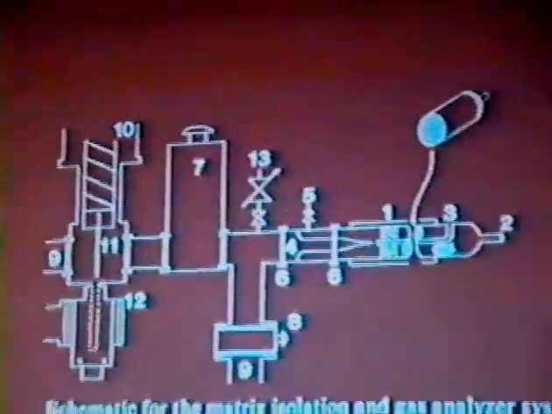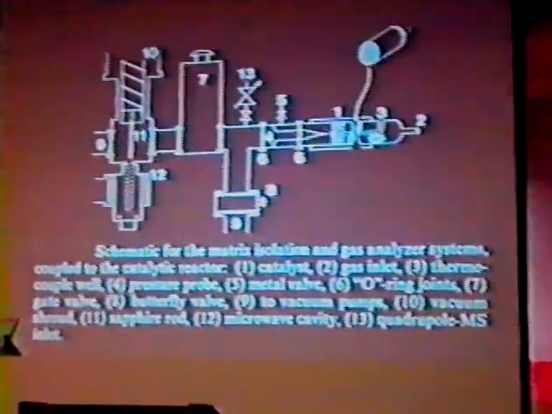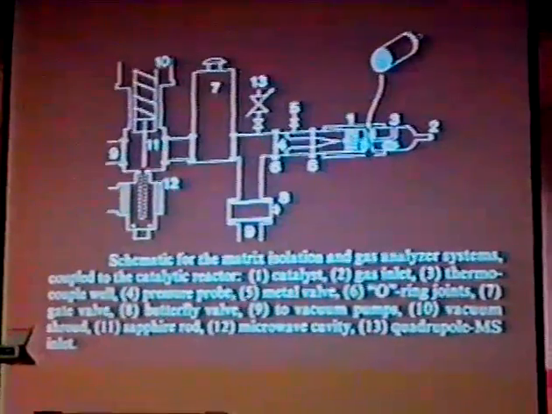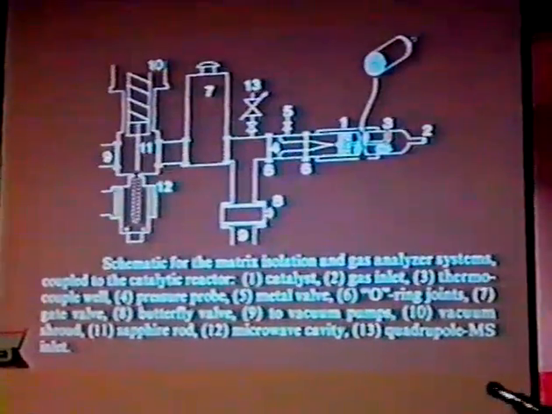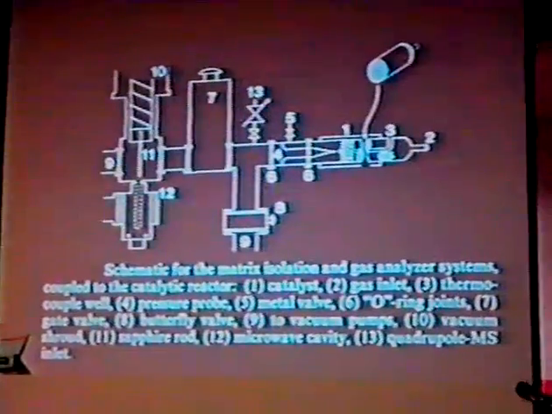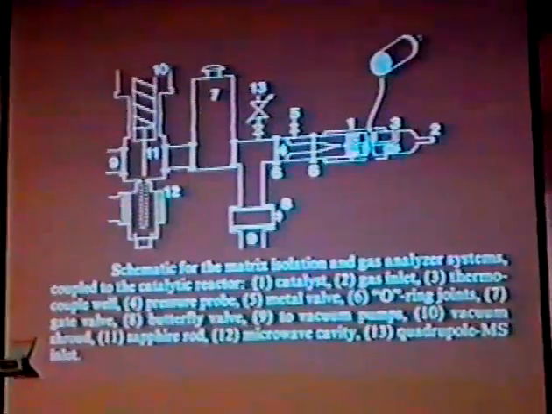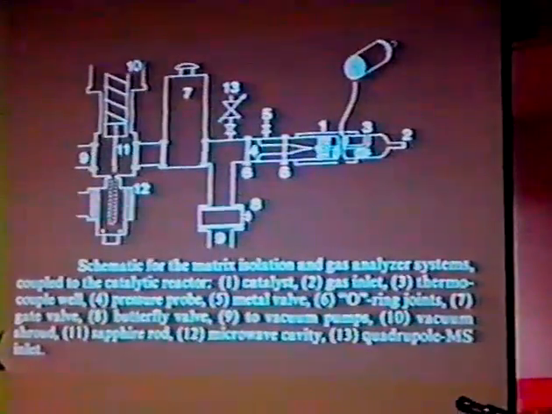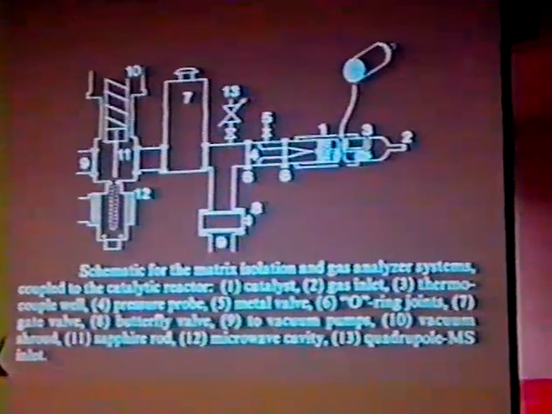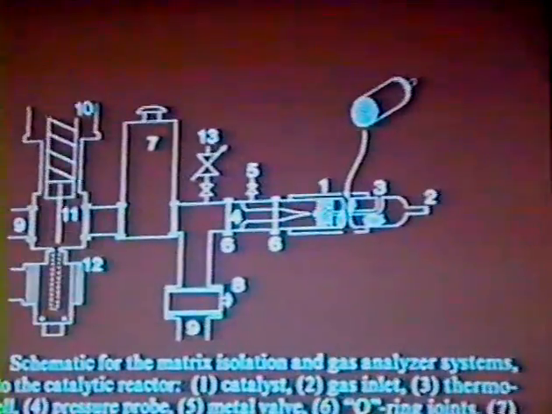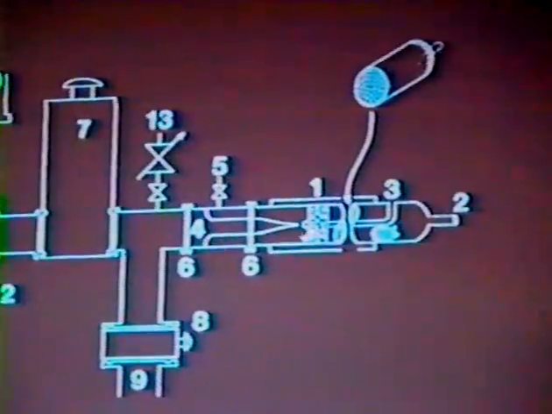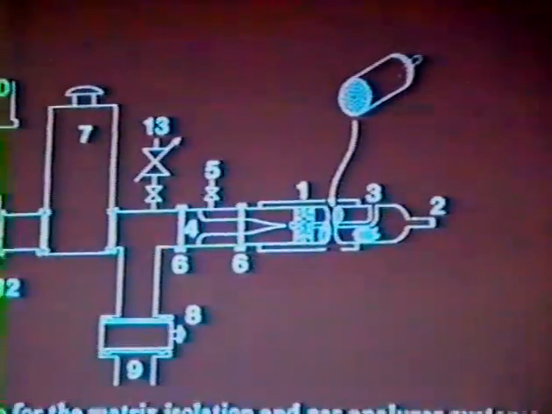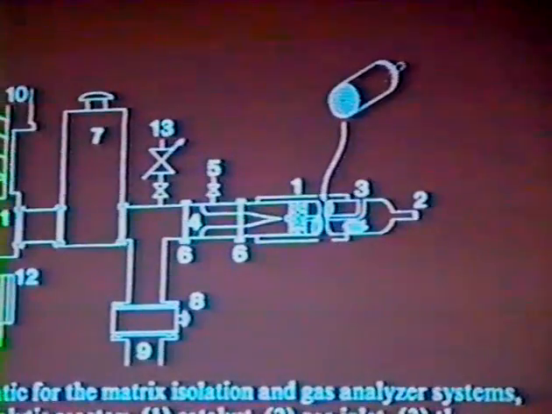The system which we have developed, and which has proven to be very reliable and has given rise to a number of different experiments, is essentially what we call a MISR system, a matrix isolation electron spin resonance system. We have a hot catalyst bed here, which typically is at temperatures between, say, 400 degrees C all the way up to around 800 degrees C, over which we pass the hydrocarbon from which we expect to make the radicals, molecular oxygen or some other oxidant, and argon, which is the gas from which we form the matrix.